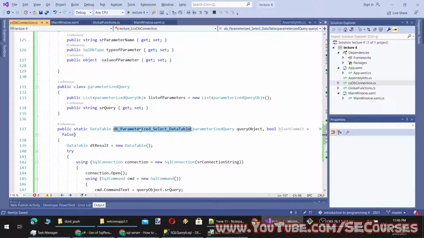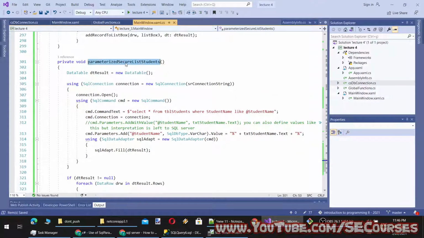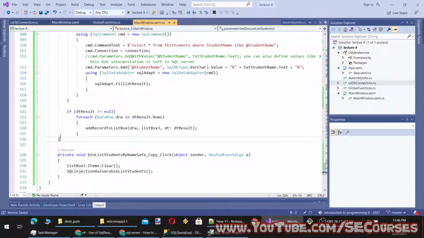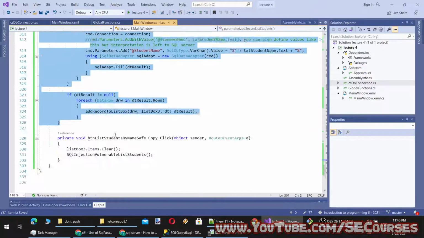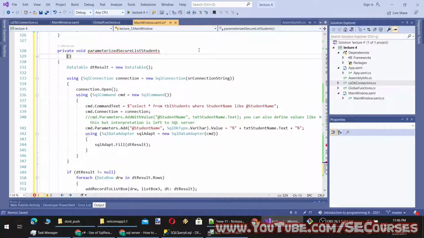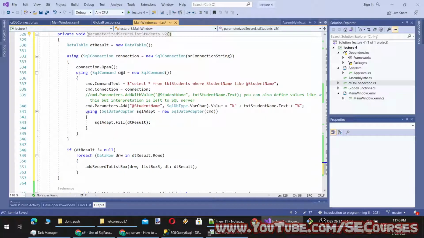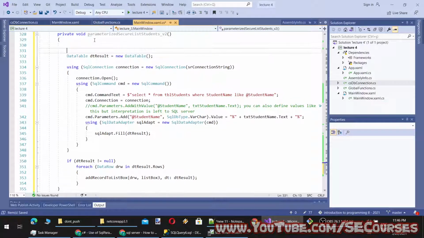So our parameterized query is ready. Now I will write this method with less code. Let's name this improved or version 2. Now you will see how much simpler it will be.